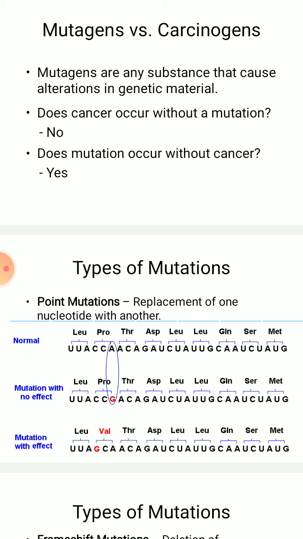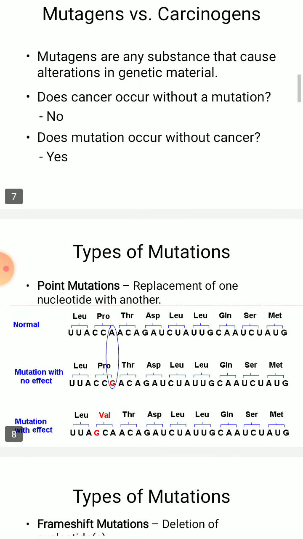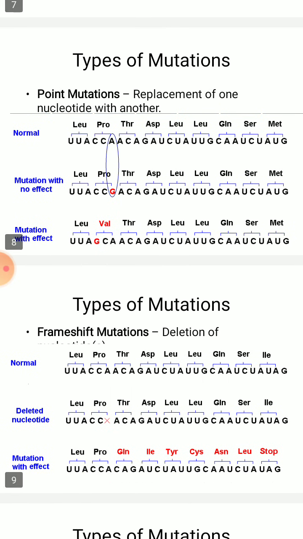Mutagens versus carcinogens. Mutagens are any substances that cause alterations in genetic material. Does cancer occur without a mutation? No. Does mutation occur without cancer? Obviously, yes. Types of mutation include point mutation,